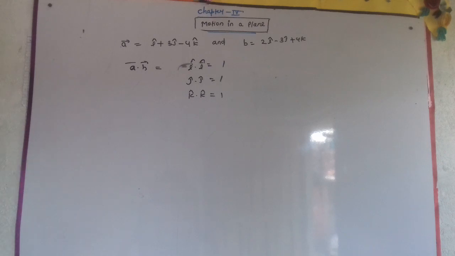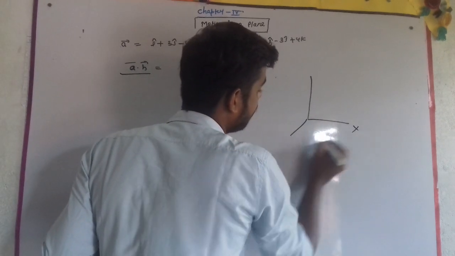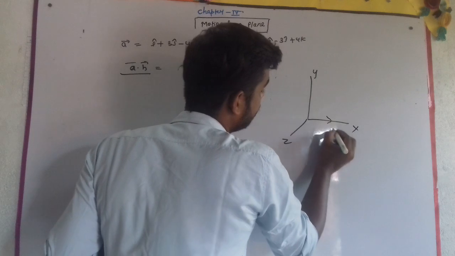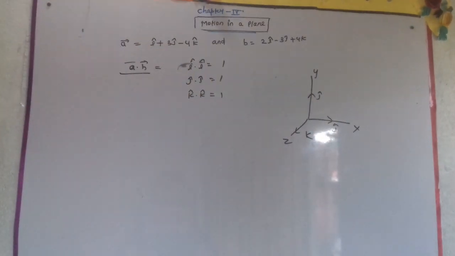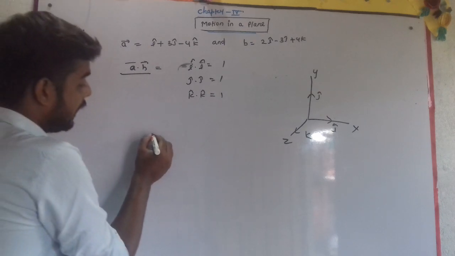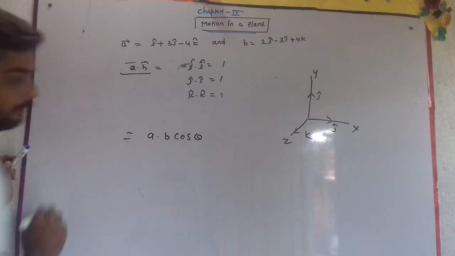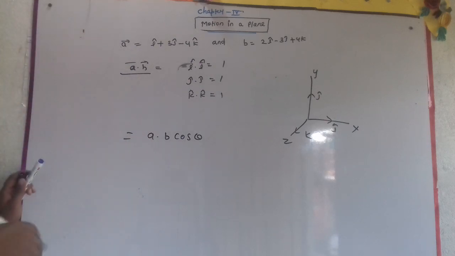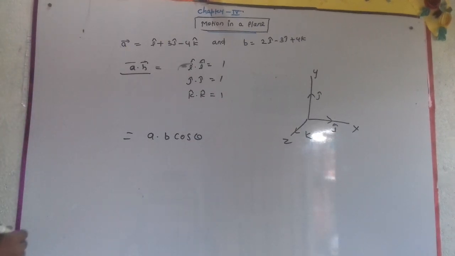So why is it there? Physics has everything. I will show you that we have a three-dimensional plane. This is X, this is Y and this is Z. This is vector i, this is j, this is k. So we know the difference between the vectors, and we know that A dot B equals AB cos theta. This is our angle. This is only for understanding, don't copy this. So A dot B is AB cos theta.